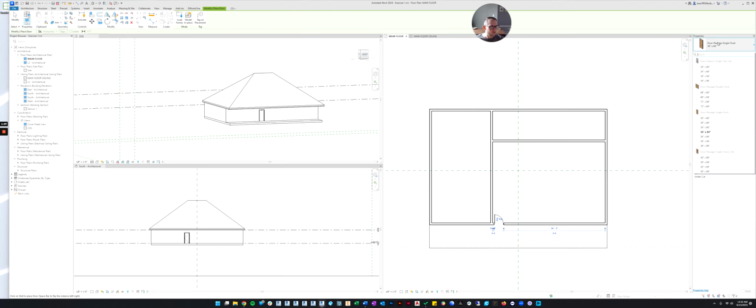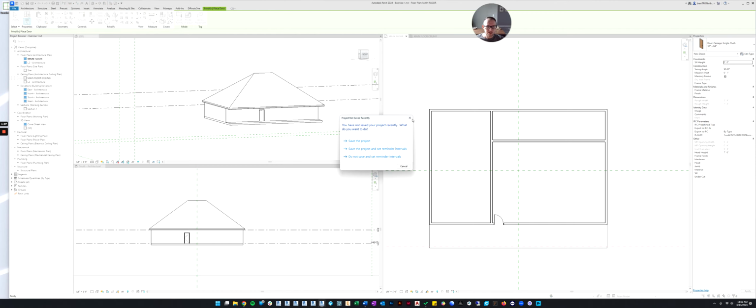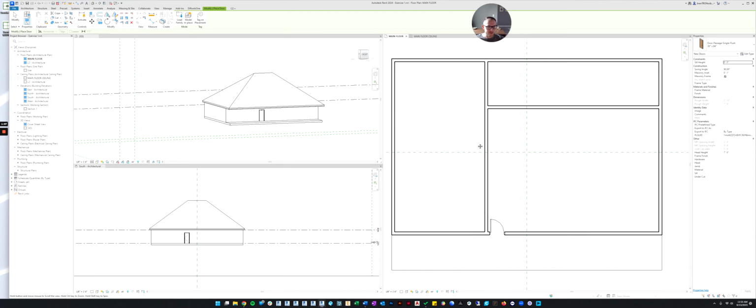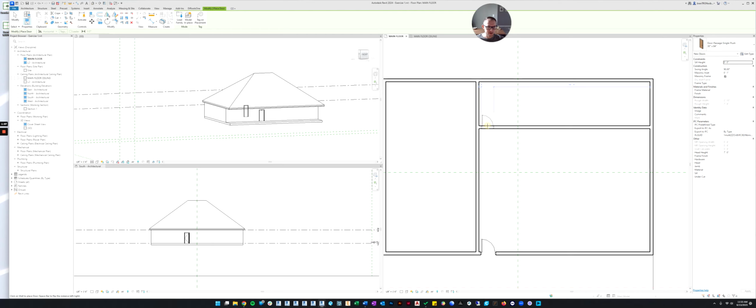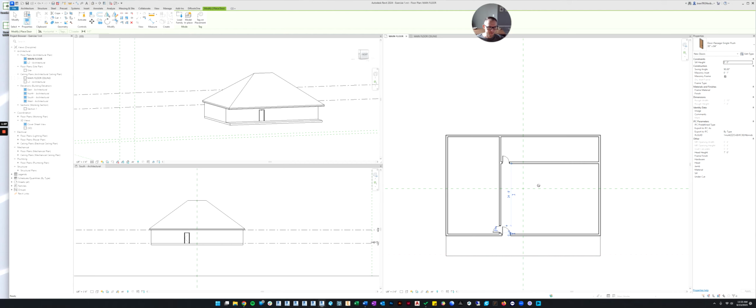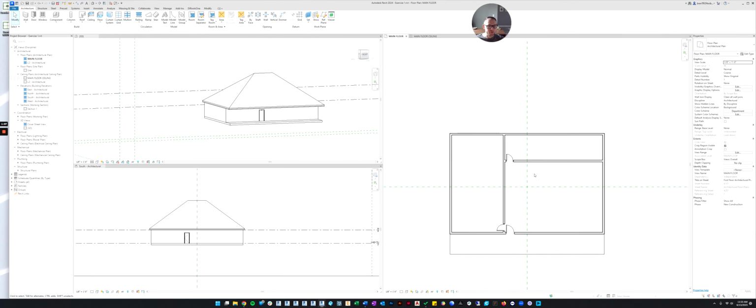Now, most interior doors in a residential application are 30 inches wide. The exterior doors are usually 36 and then interior doors are usually 30. So now I changed it to a 30-inch door and now it's trying to remind me to save. So let's go ahead and save the project. All right, so once it's saved, I'm back in the 30-inch door command. So let's put a door here and let's just put a door here. Okay, and that's it. That's how you place doors.